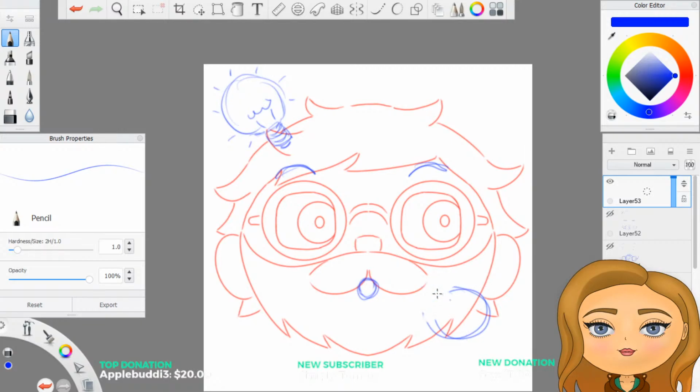Maybe not a point. Like a... I don't know how to draw what I mean by that. No. It's not gonna work with the Animal Crossing hand style.